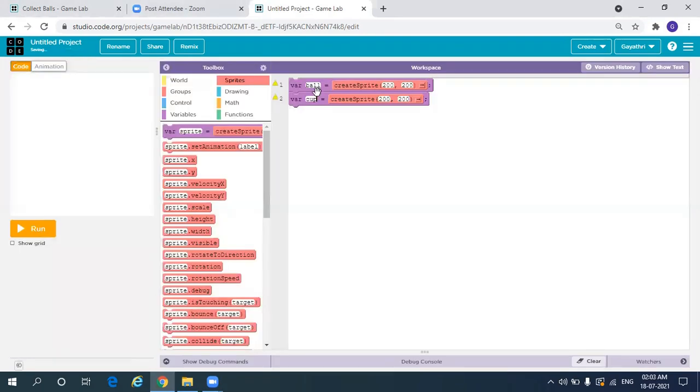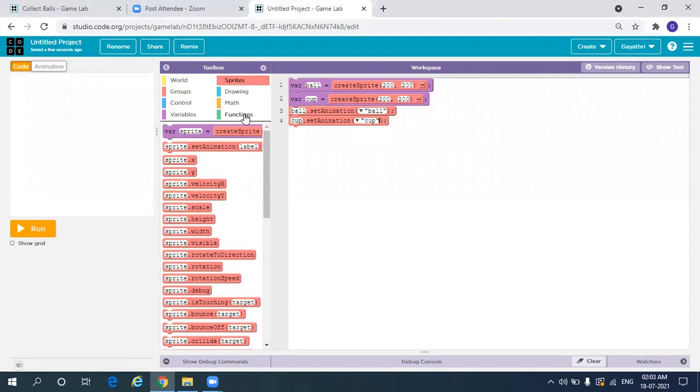So go to code here and then we need to resize our ball, right? So let me select sprite set animation. For that, select ball for the first time, then in the drop down select ball, then again select sprite set animation cup, and in the drop down you select cup.